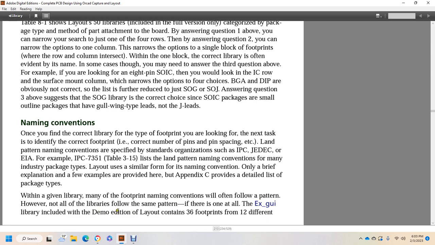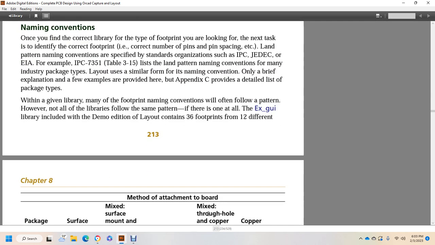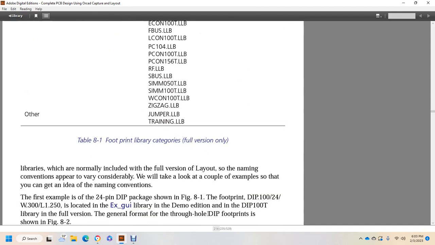There is one at all. The extension guideline library includes a demo. The layout edition contains 36 footprints in 12 different libraries, which are normally coded in the full version layout, with the naming conventions appearing with varied inserts. We'll take a look at a couple of examples so you get the idea of the naming convention. For example, the 24-pin dual inline package shown in figure 8.1,